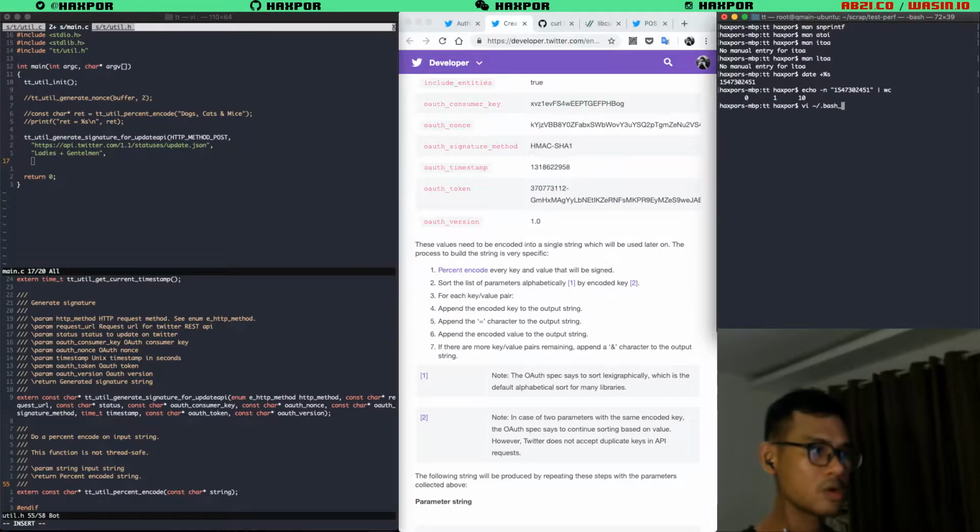I'm on Mac OS, so in your case, you're going to do something like this. And then inside, you're gonna do something like my OAuth token, and then blah blah blah here. And we're gonna read that variable in C source code here. Let me define it first. This is off screen, you don't see it. Okay, I have it already.